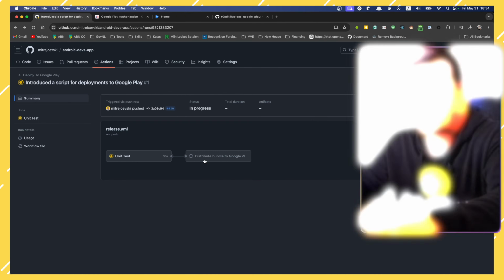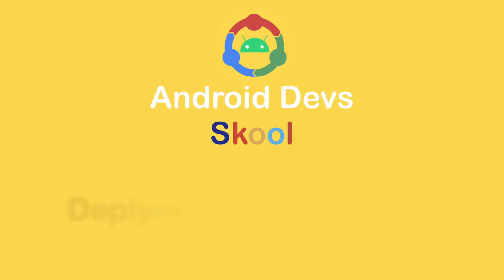And after we see that there is a failure, the last step to do is define the application on Google Play. And when that's done, we have to do the initial deployment ourselves. And the initial deployment is going to be our AAB. First of all,